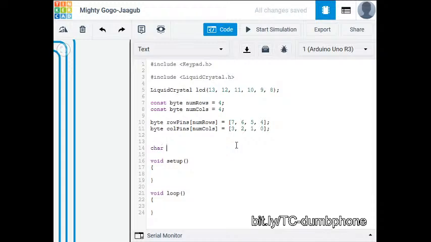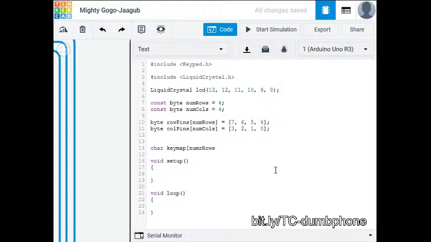So char. And this is going to be a map of all the keys on that keypad. So I'm going to be very imaginative and call this key map. And I need to say how many rows it has, how many columns. And so rather than typing in 4, I'm going to use square bracket num